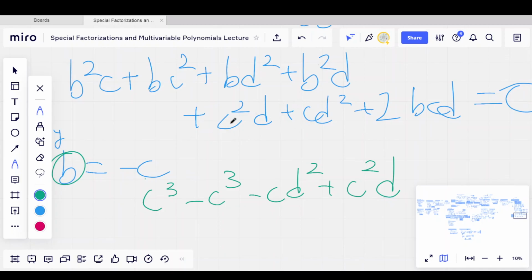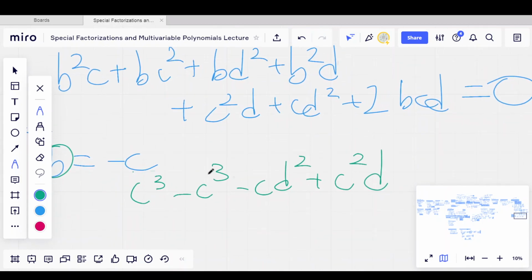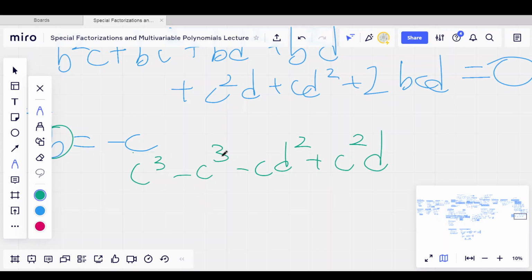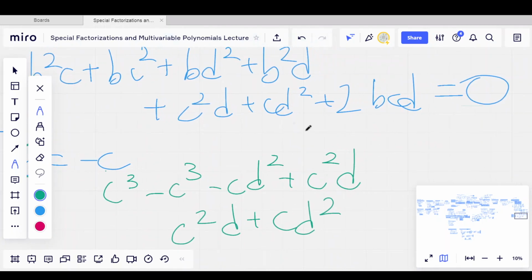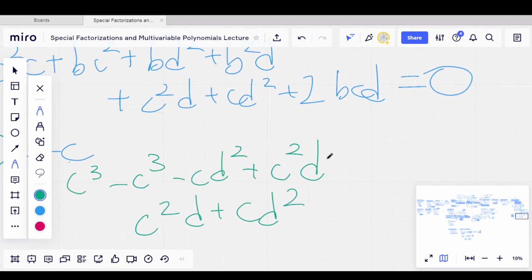Negatives, again, negatives squared is just positive. This is just c squared d plus c, actually this is minus because there is a negative. Actually, no, sorry about that. It's just directly c. And then minus